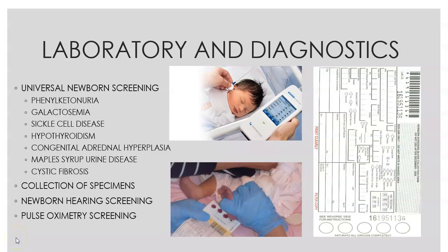They will also do the newborn screening, the universal screening. This is done in all 50 states by law. It's usually about 20 to 22 tests, which varies by state. The picture of the card is what you see on the right, and the bottom picture is them applying it. They take drops of blood and put them in the circles, and it goes to the state lab, and they're testing for metabolic defects, congenital defects, things like PKU, galactosemia, congenital hypothyroidism, adrenal hyperplasia, cystic fibrosis, sickle cell. There's several they're testing for. You should know what is included on the universal newborn screening test.